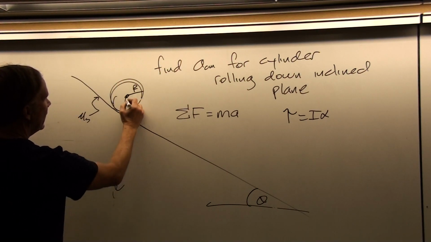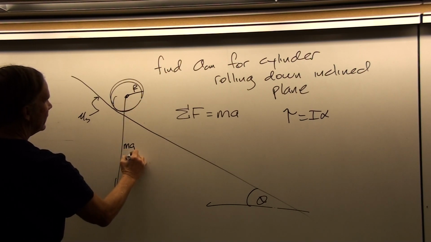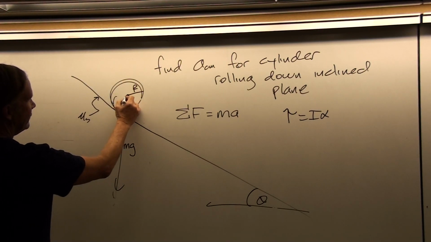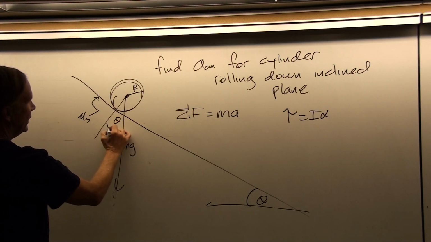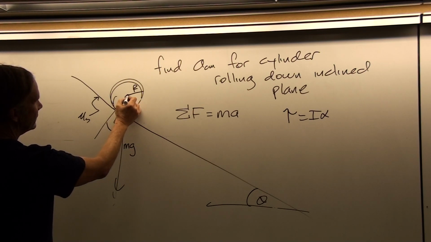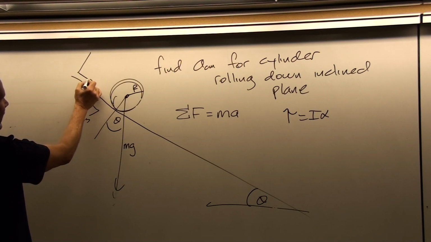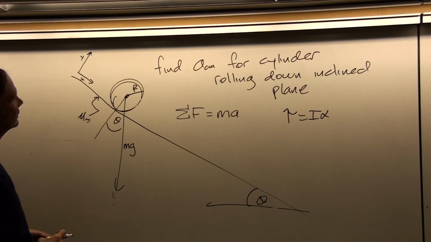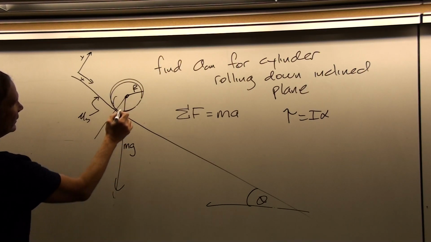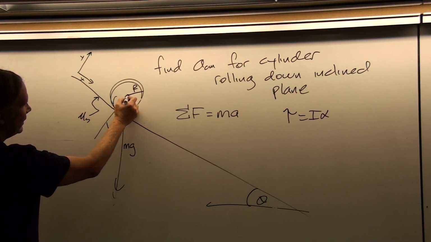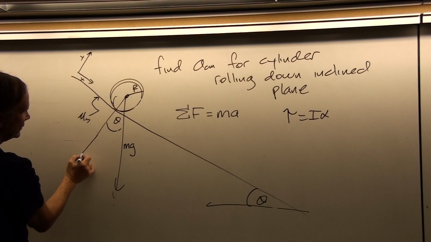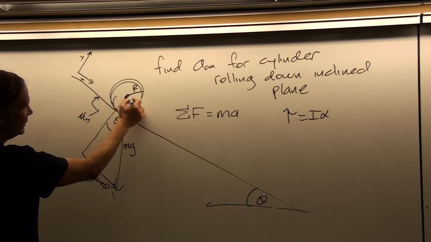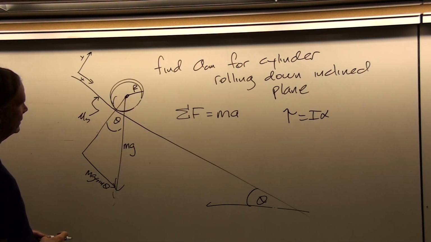We first of all can act through the center of mass with a force that is equal to the weight. So then that force is going to be decomposed into x and y components, where we can define the positive x direction to be down the incline and the positive y direction to be perpendicular to the incline. And so the component then of mg that acts through the center of mass is going to be mg sine theta, just like it was before for a non-rotating mass.